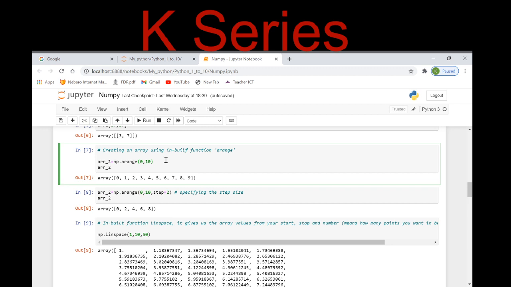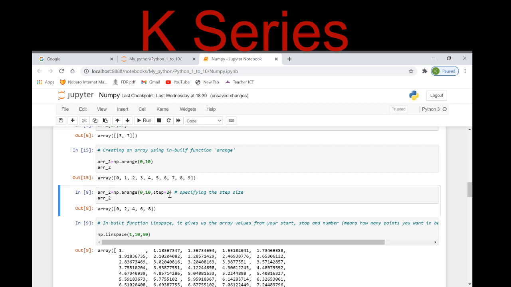NumPy is giving me the arange function. Here I am setting 0 to 10, so it is going to print the numbers from 0 to 10. See the output. Automatically it sets the range from 0 till 10, so from 0 to 9 it gives me the output, right?